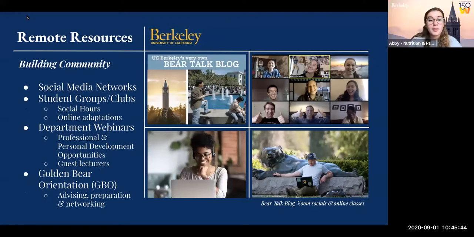So just a bit more about building community on our amazing campus. In this remote time, we have a lot of social media networks available to all students, whether that be Facebook groups, but also just club outreach. So student groups and clubs are still doing outreach and still wanting new participants. Right now, there's actually Calapalooza happening in a virtual setting. So this is typically our big student fair for all clubs and organizations to publicize on campus, but now they're doing that in a virtual world. So you can sign up and learn about the clubs now with info sessions and everything.